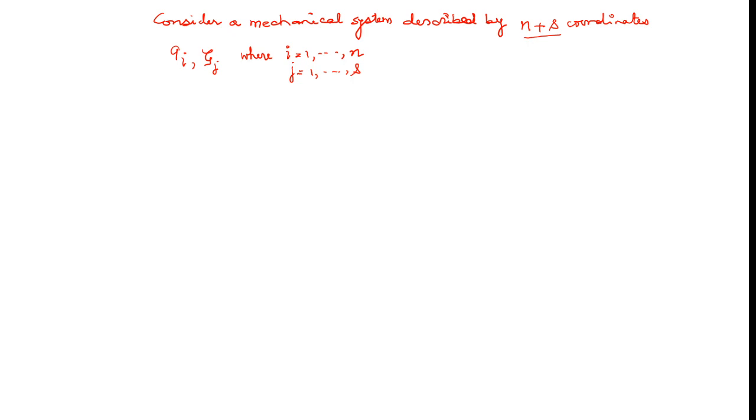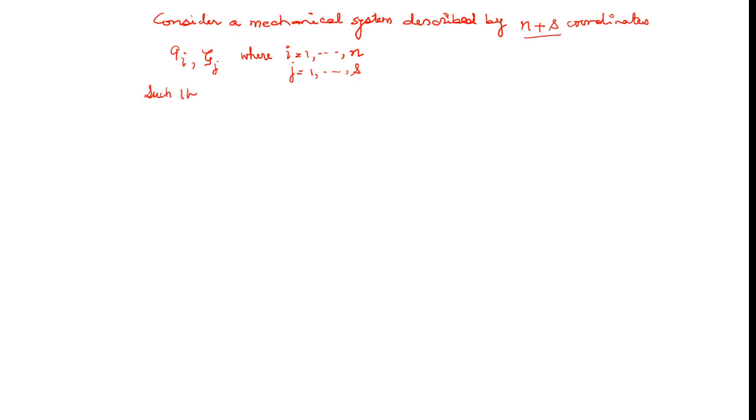As I told you earlier, I am taking qi and zeta j just to give you a clear picture of the role of cyclic coordinates in the Routhian. Otherwise you may take qi where i is going from 1 to n. You may consider the cyclic coordinates from these qi, but I'll do it in a different manner. These are n plus s coordinates which are describing your dynamical system,